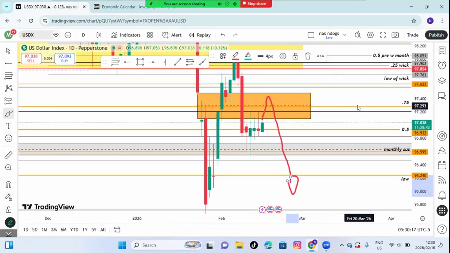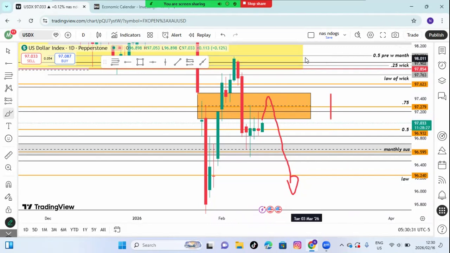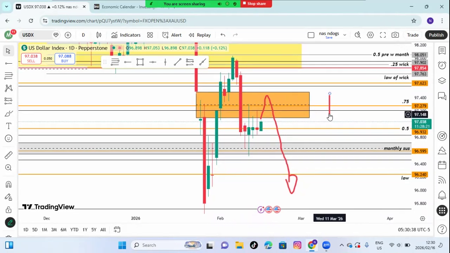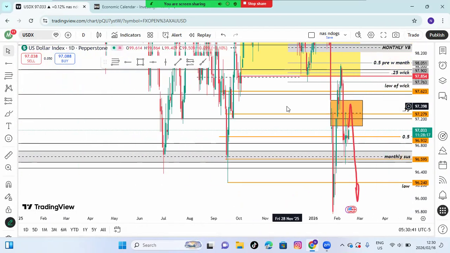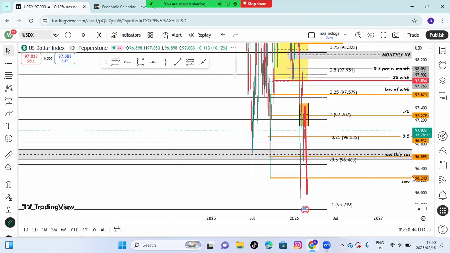I'm thinking it's gonna go down from here, from these very levels. We see that level on the weekly wick being respected there, right? So there's a high probability that this may hold, and then you can see continuation down for the DXY. And those who know that if we sell the DXY,